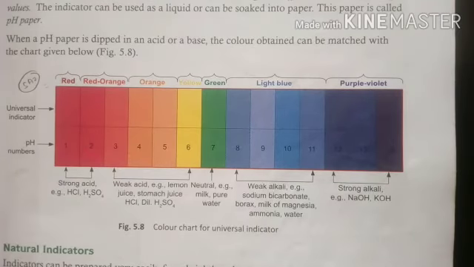Suppose I take two containers without any label and both contain an acid. When you put litmus paper, it will change color from blue to red, but it will not tell you which one is dilute and which one is concentrated. For that you require a pH strip. When you dip the pH strip into the dilute solution, it gives a light red color. And when you put it into the concentrated acid, it gives a dark red color, which shows that the concentrated one is a strong acid and the dilute one is a weak acid. So this is how the pH strip works.